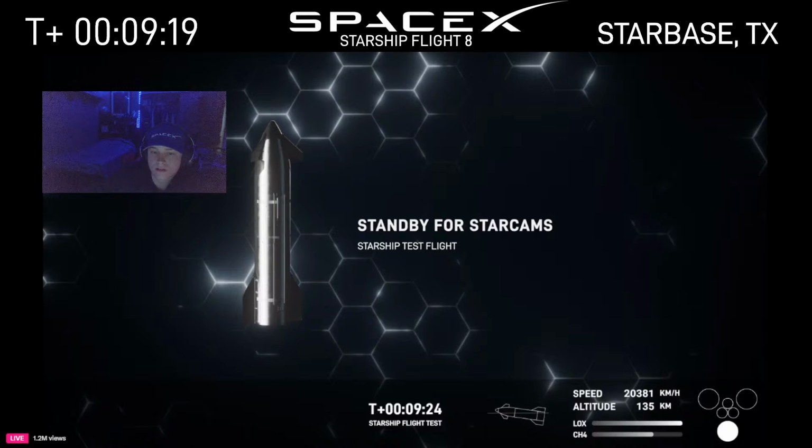We had a successful liftoff of the 8th test flight of Starship, followed by a successful stage separation. We saw the booster, actually, you can see it just behind us here. The booster had a successful catch back at the tower. Unfortunately, it seems as though we lost the attitude control of the ship. We are standing by as we listen in with the teams on the nets to understand what information we're able